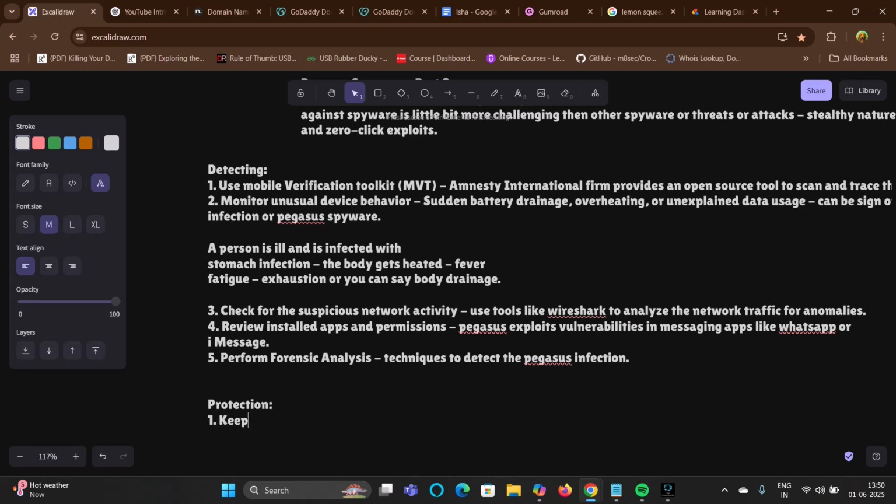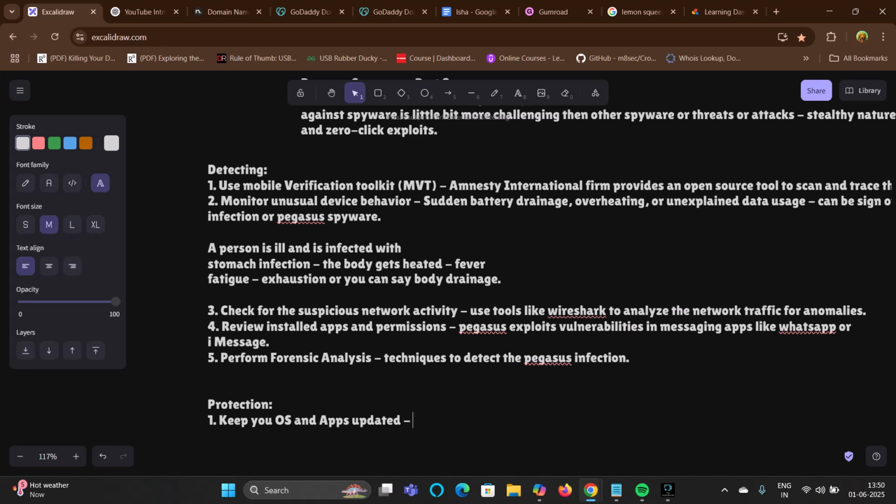Number one is to keep your OS and apps updated. Always keep your apps and operating system updated. You always get a notification that a new software is available or that your device needs an update.